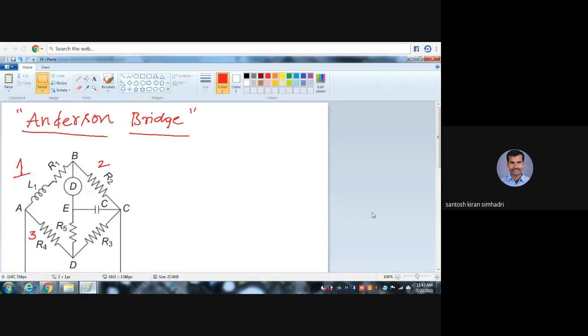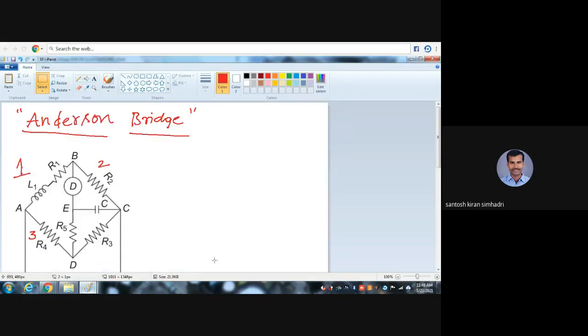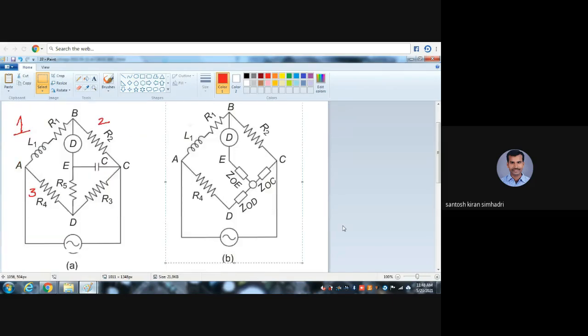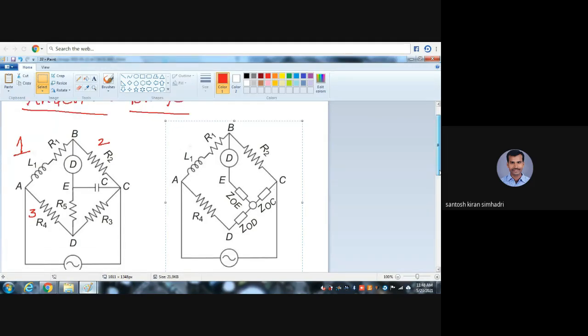This is our original file. This is the actual Anderson bridge circuit diagram. Now I will copy this modified circuit diagram onto this main slide. This is the modification of the Anderson bridge circuit diagram, the extended circuit diagram. This can be treated as circuit diagram A and this as circuit diagram B. What is the difference? In this bridge, at the balance side we can connect R5 and the other side is connected to C. Simply remember these two things, then the Anderson bridge will be very easy.